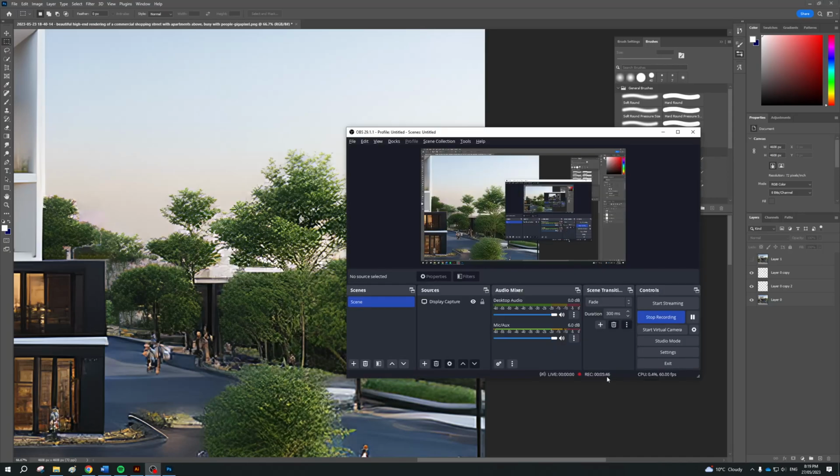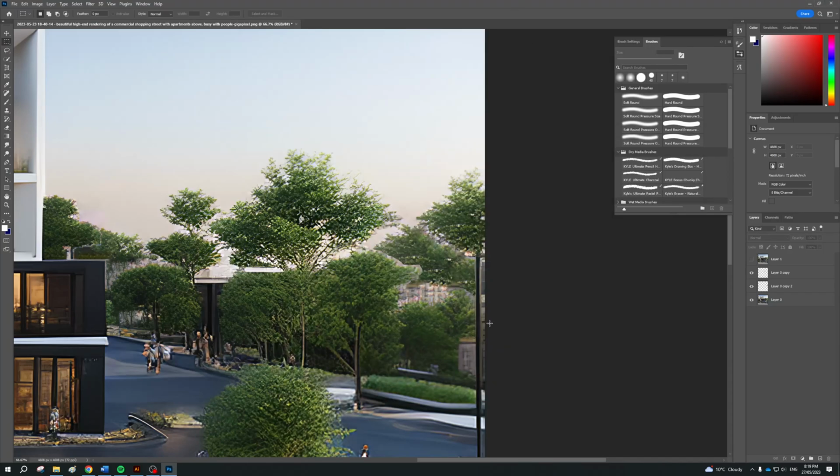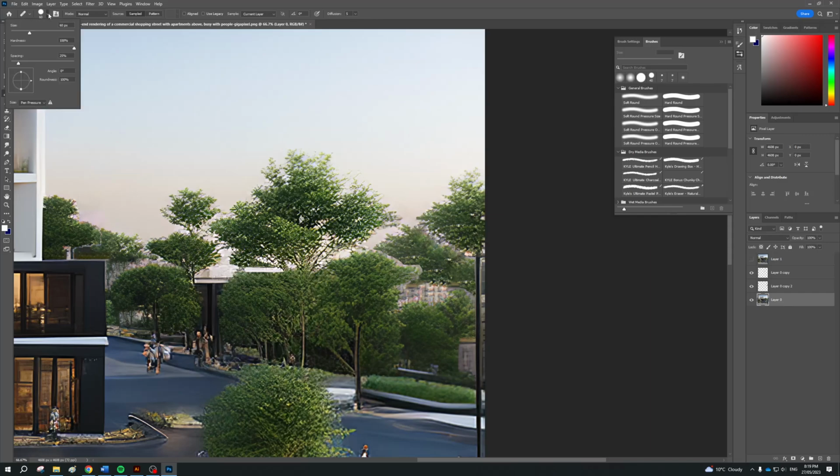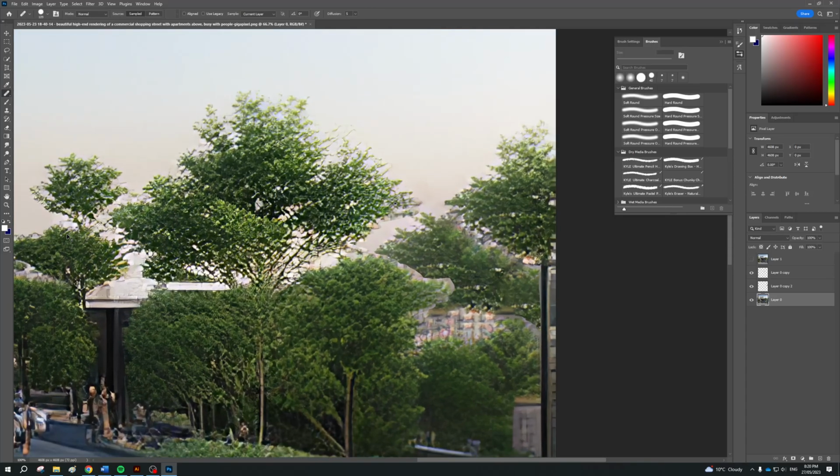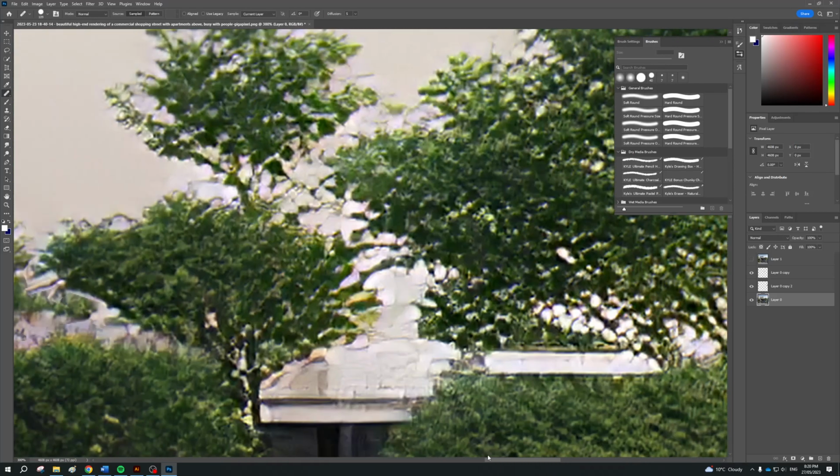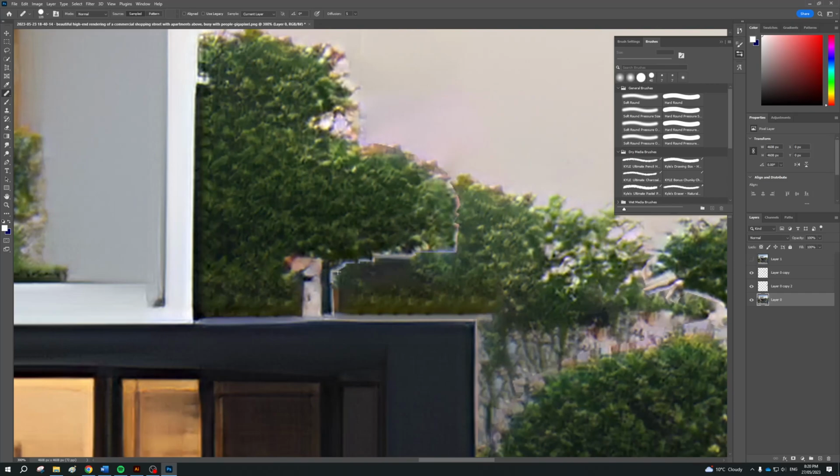I could go over that again, but we're going to use this healing brush tool. Select the layer that we want to edit on, which is this one. I might turn up the brush size, and now let's zoom in. So here what we're going to do is